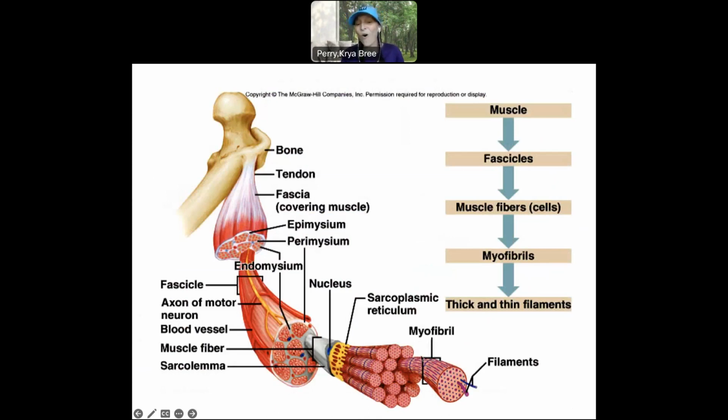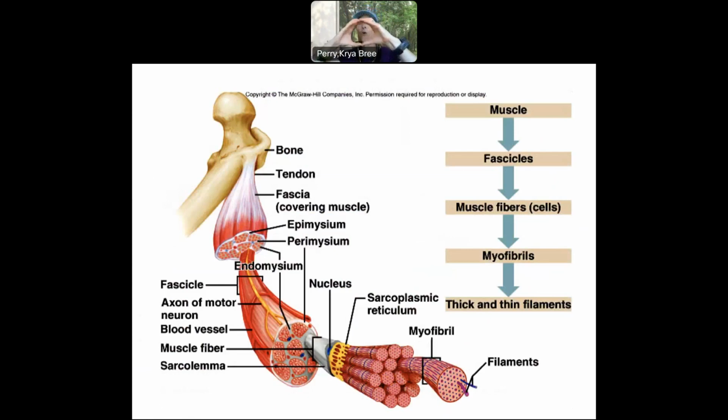And then all of these myofibrils make up the meat portion of your muscle cell, which is called a muscle fiber. I'm sorry, I said, and see, I even said myofibril. So your myofibrils are basically your bundles of muscle filaments, and all of the myofibrils will get grouped together